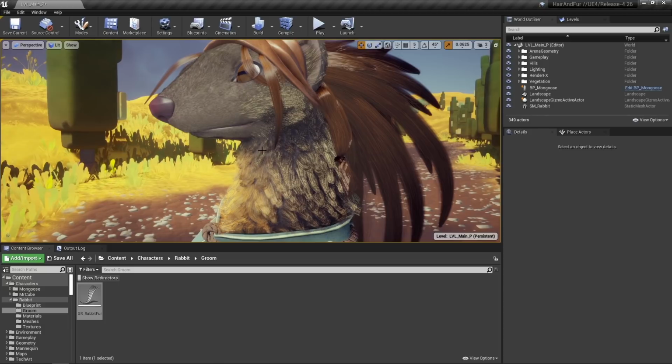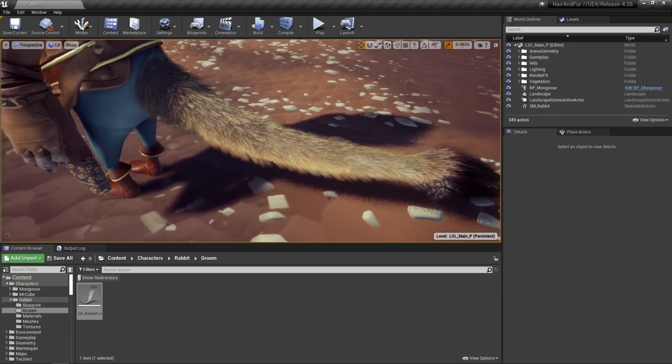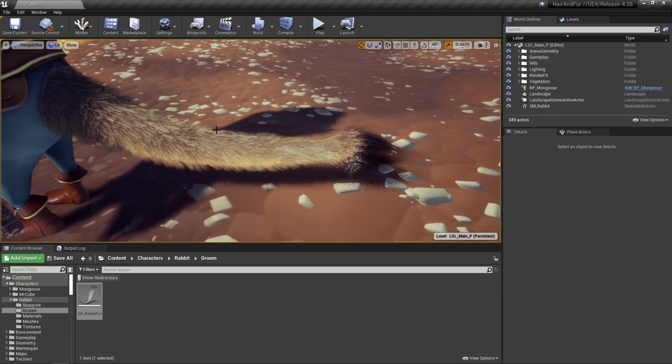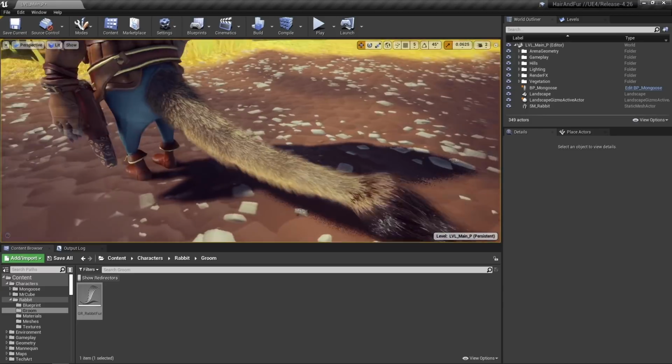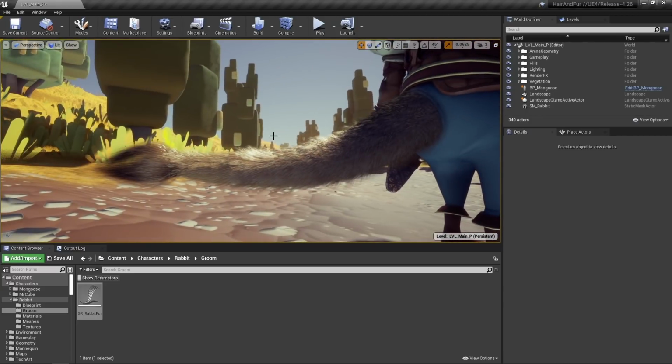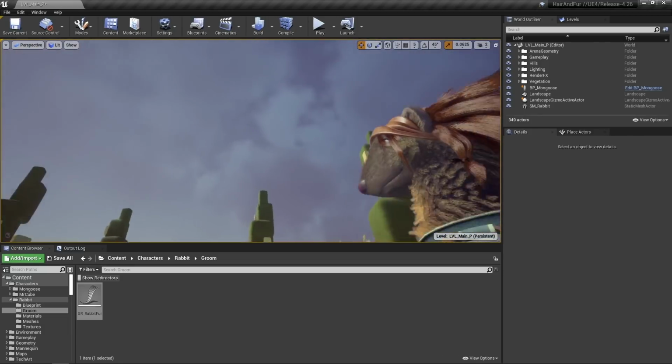Then 4 different fur types here in the head and neck, 2 more fur components here. I have 2 different assets for this part because I wanted one to cover the skin and the other one to create the outline, the silhouette that you can see. And last, 1 hair asset for the tip of the tail.